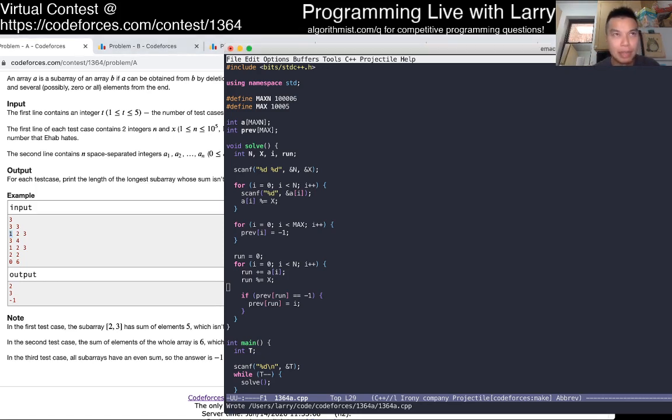And let's say we have a prefix sum. Can we go backwards?